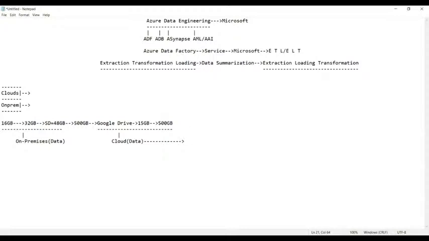Basically, for your understanding, guys, cloud is nothing but the Google Drive you have, and on-premises is nothing but your mobile phone. That is physical, which you can see and touch. Getting my point? Whereas with Google, it takes the data from you and provides you the storage. It provides you 500 GB of storage.